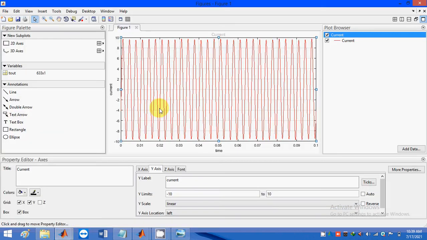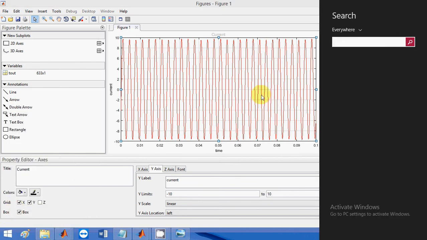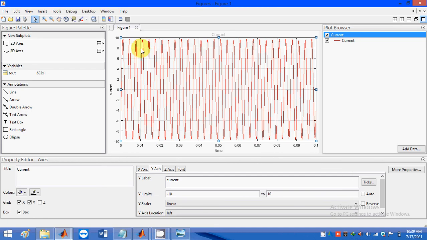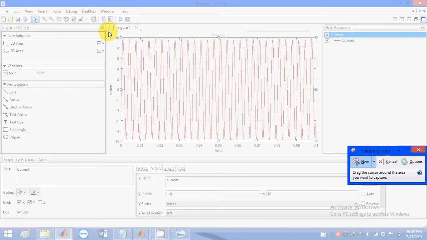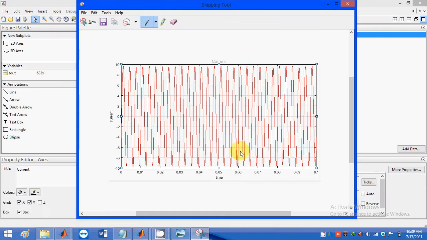Suppose we need to save this image in a document. For this process we need to search for the snipping tool and cut whatever image we require, and paste it wherever we need.